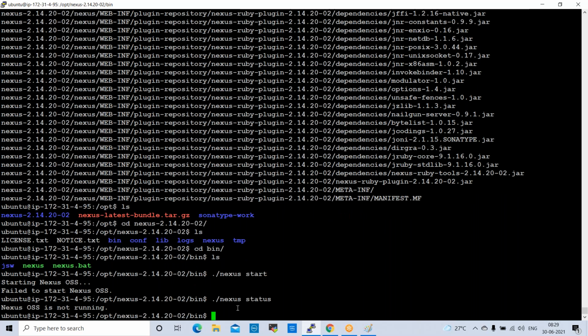It says not running. Every month patches will be released, right? I think some patch was released this month. That is why they modified something inside the code, I think. So let us just